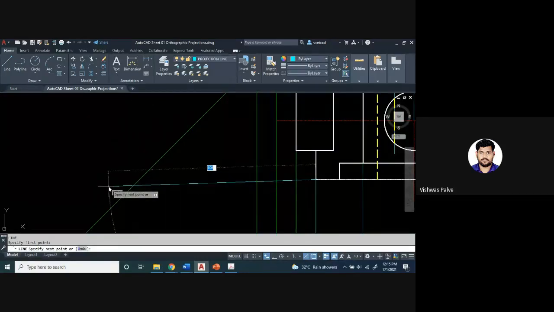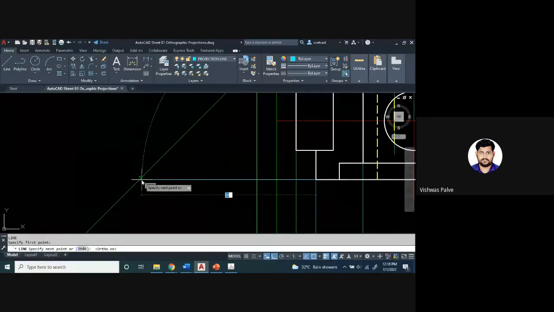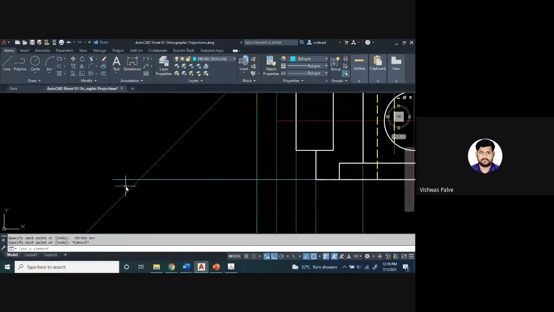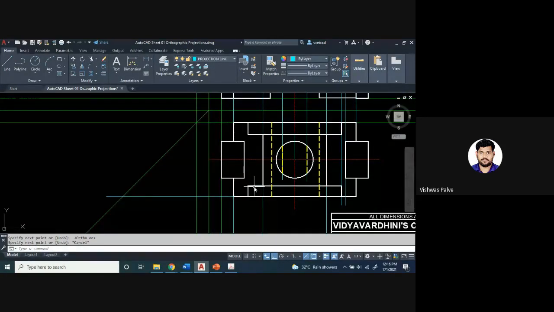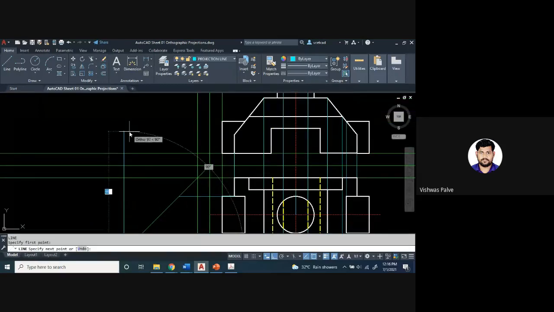For the horizontal projection, each and every point you have to take a projection. Then this projection will turn vertically upward.